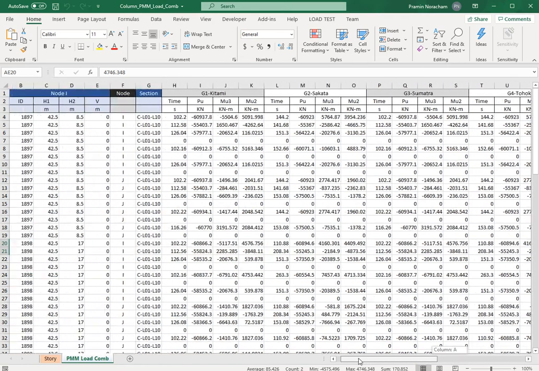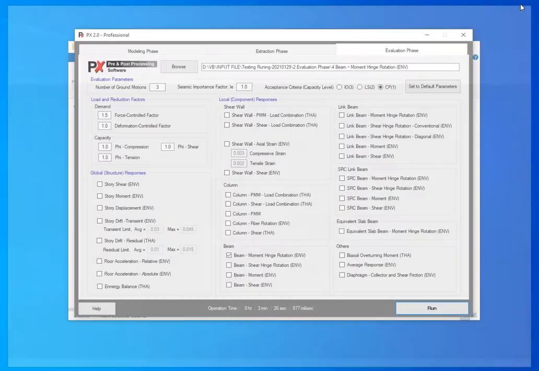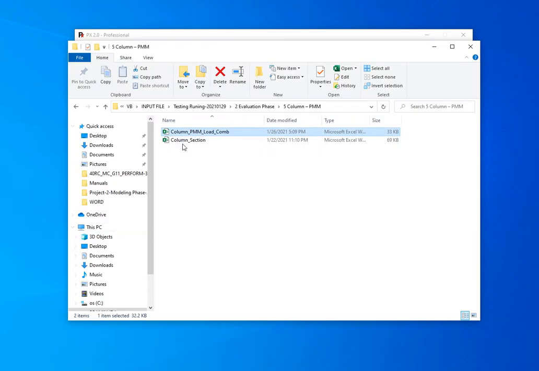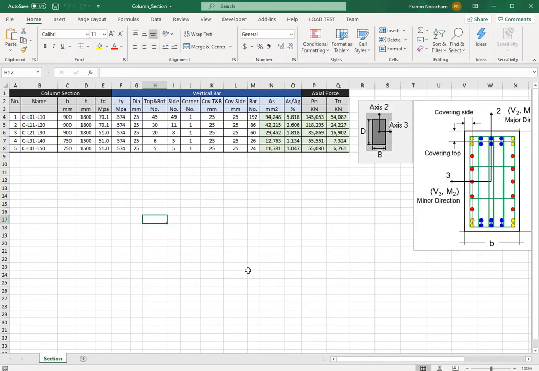After you prepare the demand force here, it's time to prepare the capacity of the section. There are 5 sections of column in here, and with the vertical rebar, we will use this to calculate and plot the curve for the column PMM.